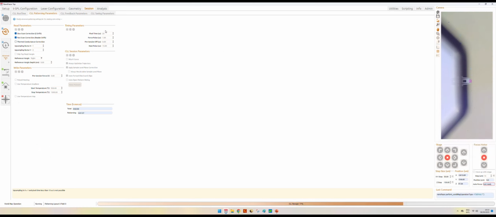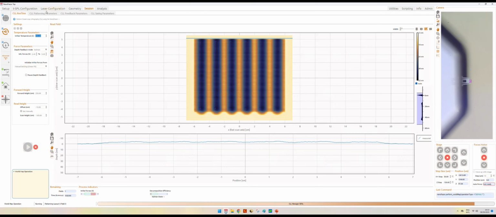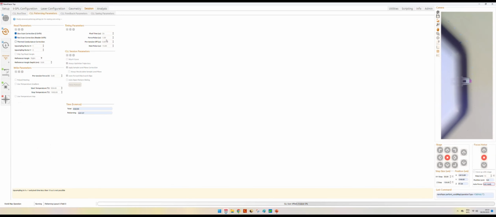Some of our internal users at Heidelberg Instruments like to pattern, for example, in high resolution with a low force pulse time, keeping a temperature of 950, because usually it's harder to pattern at high resolution keeping this temperature with the standard force pulse time. So that can be another option.